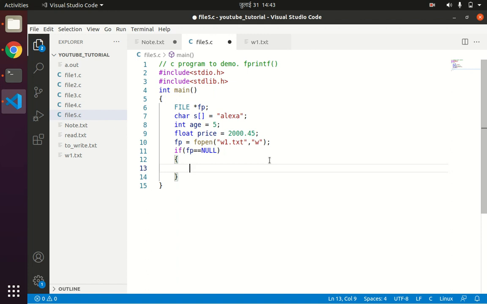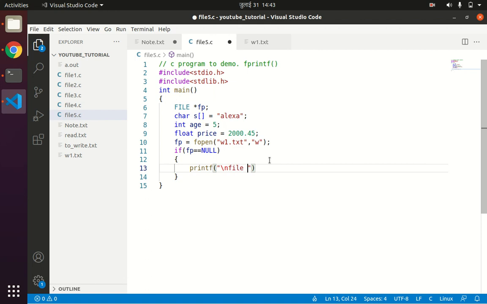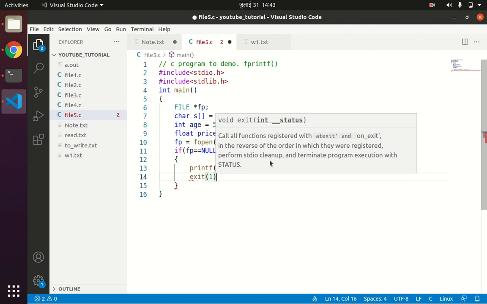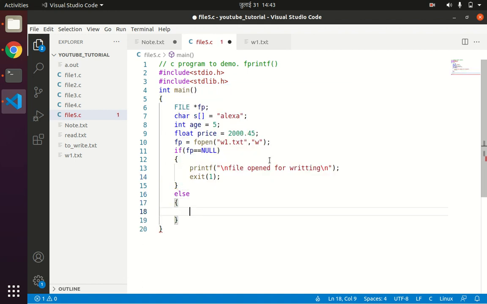So printf "cannot open for writing" and exit 1, else.